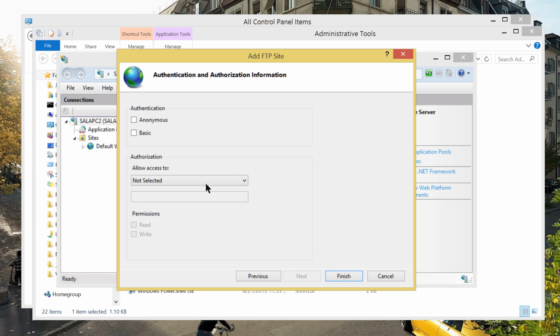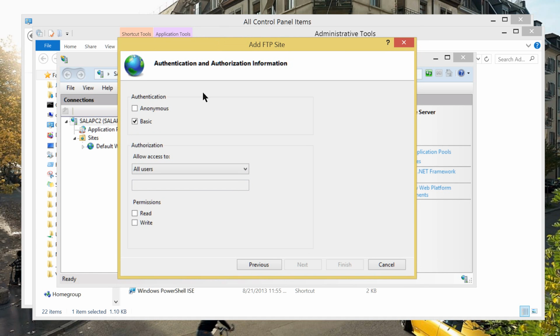Now click next. Well, there are two choices for authentication, basic and anonymous. Anonymous requires no password at all, no username, but I would like to choose basic and then allow access to select. I would like to use all users, so those that are using this computer can access it. And I would like to have the permission read.